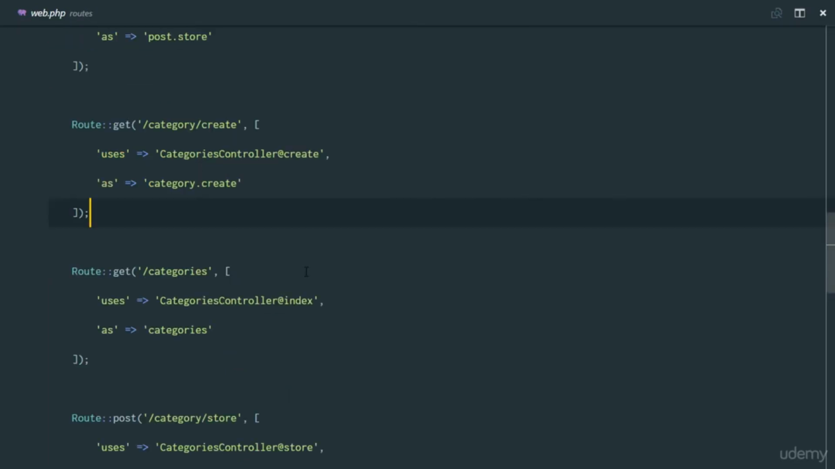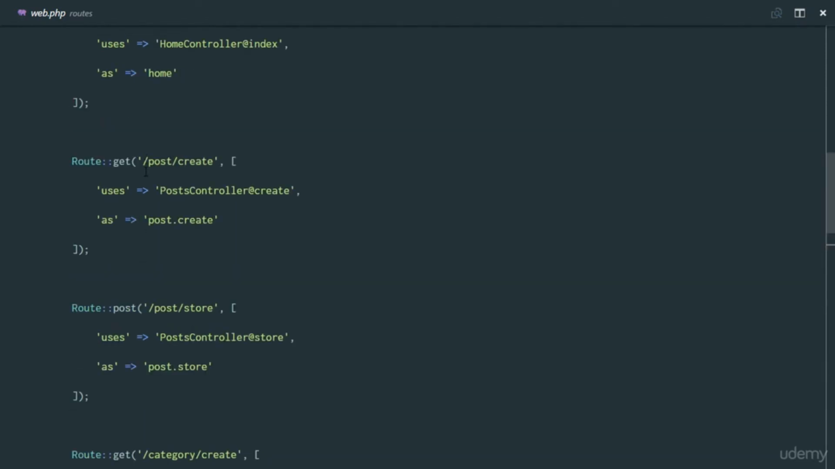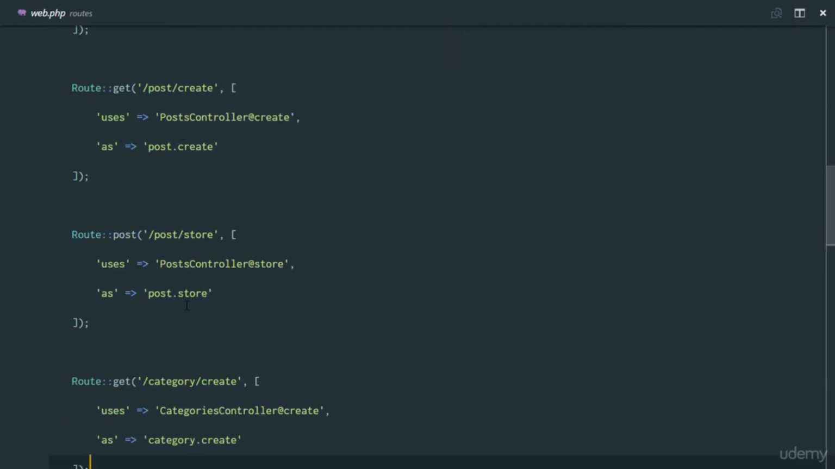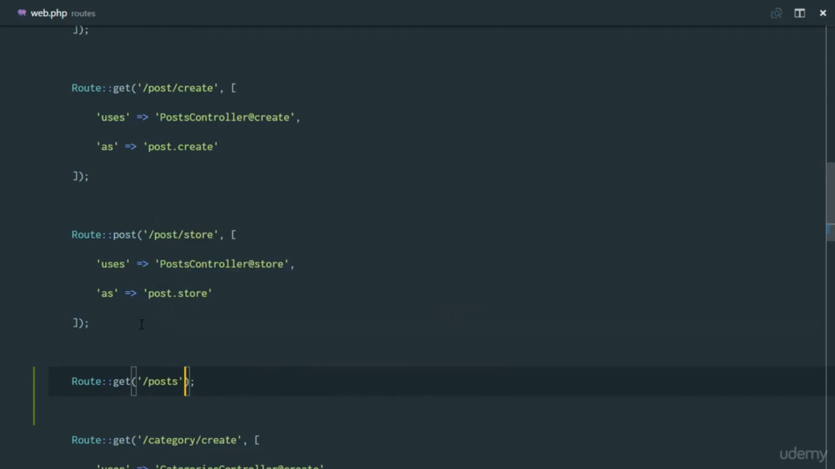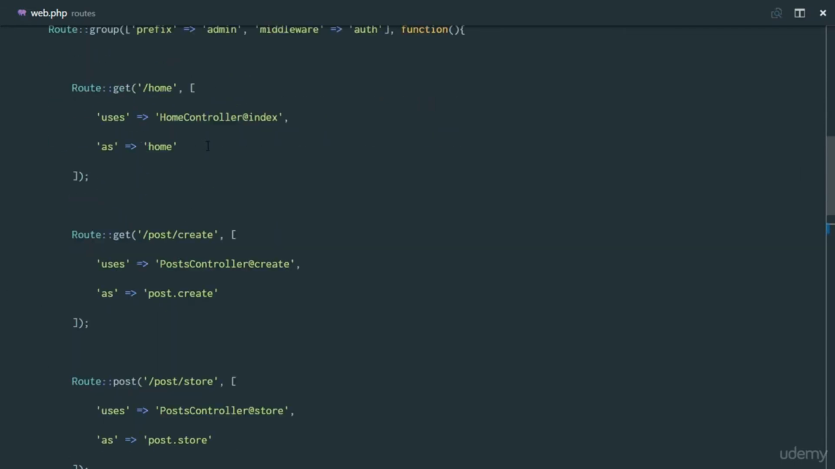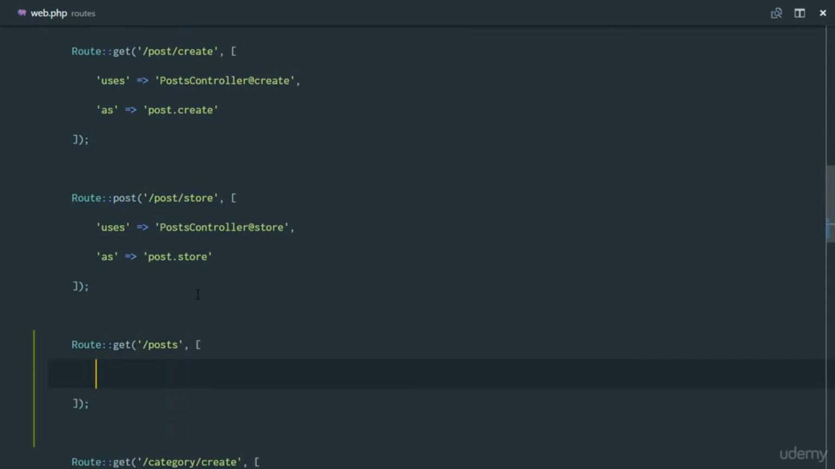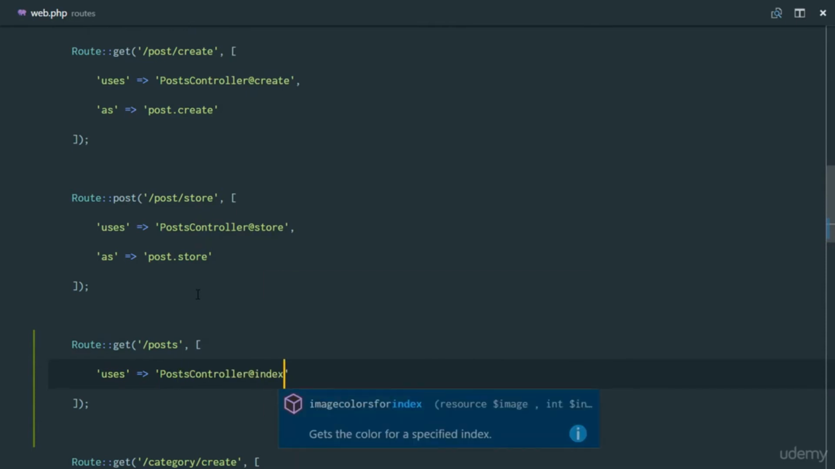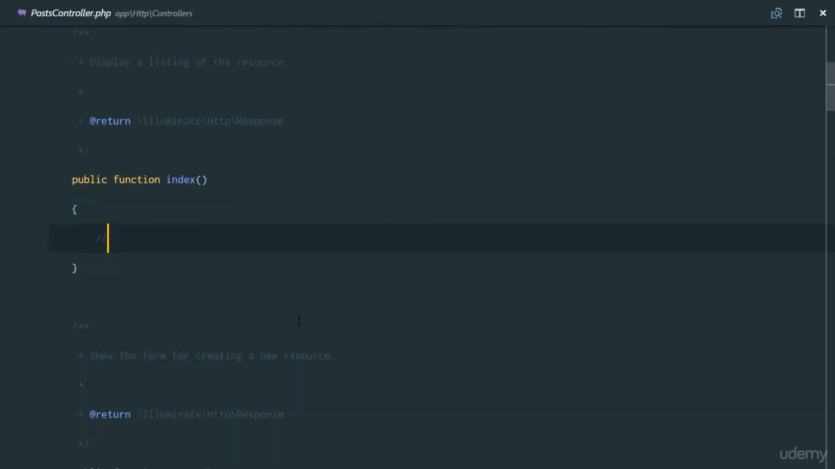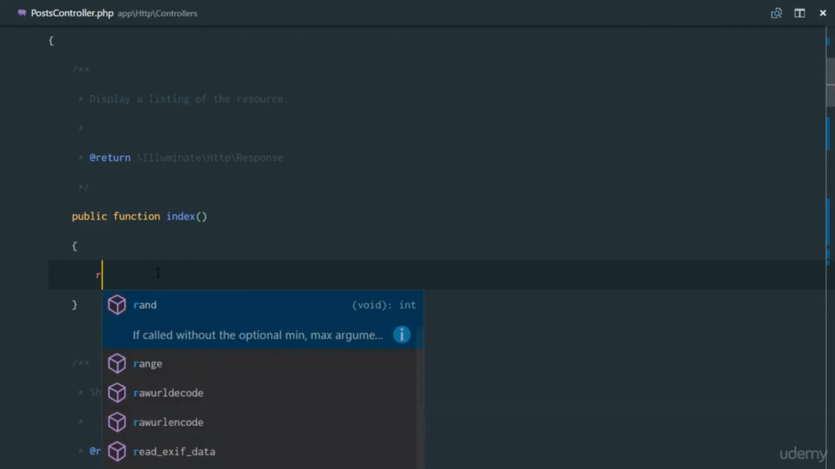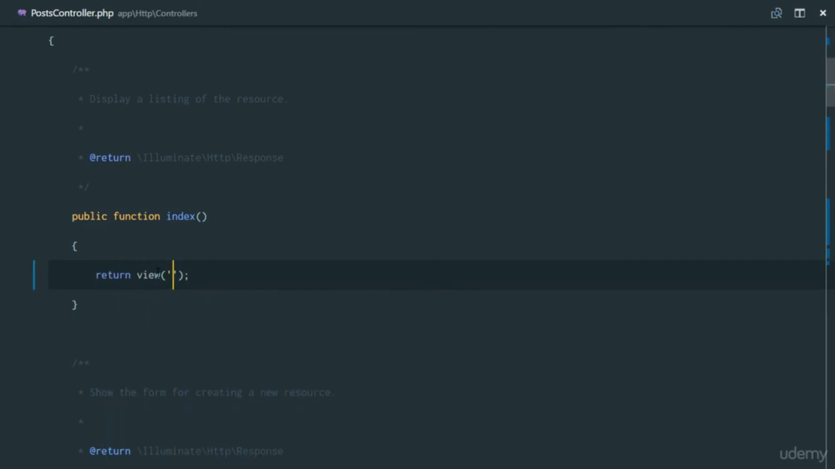So we need to set up the routes to get a post. Right here where I began with the routes for the post, I'm just gonna create a new one, which is gonna be a get request, and this is gonna be to the /post route, admin/post actually, since it's also in a group, and we'll take in an array and use the post controller at the index method and name it post. Okay, so let's head over to our post controller, and right in the index method, this is where we're gonna return the view